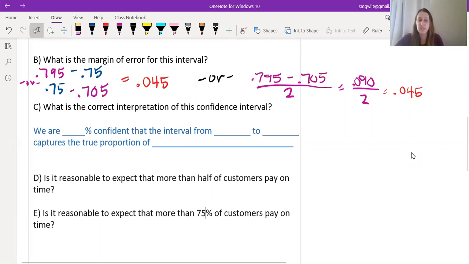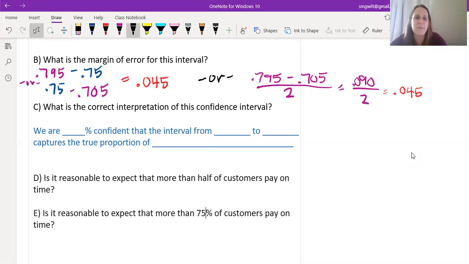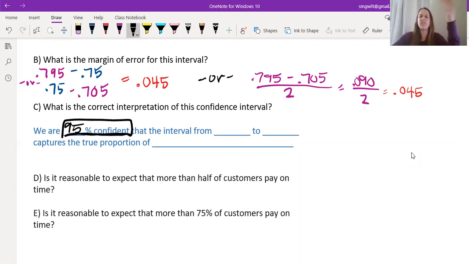Okay, so this interpretation, again, is that sentence structure that I gave you at the very beginning. We were talking about a 95% confidence interval in this problem. So that means that we are 95% confident. And again, if you're looking for an interpretation, you're really looking for that together. It's not a 95% chance. It's we're 95% confident that the interval from, and then those are the two values we were given, the beginning and the end of our interval,